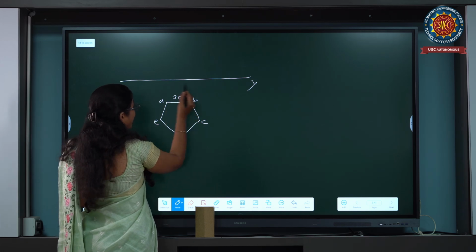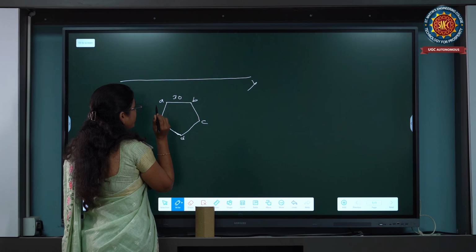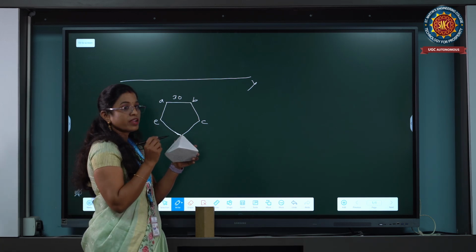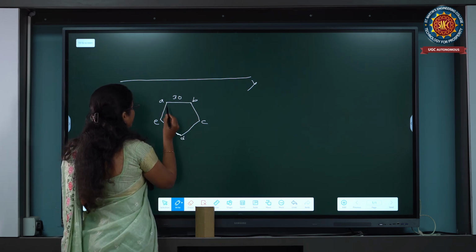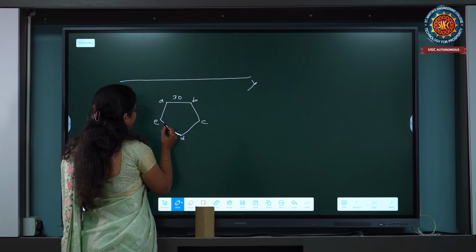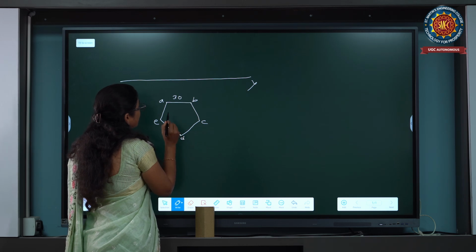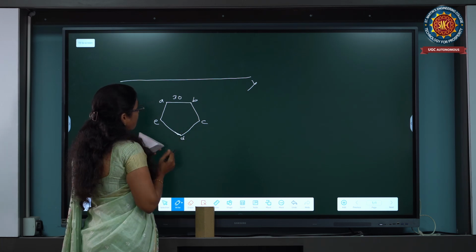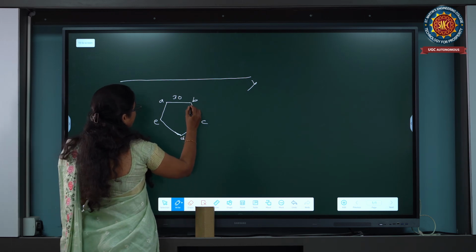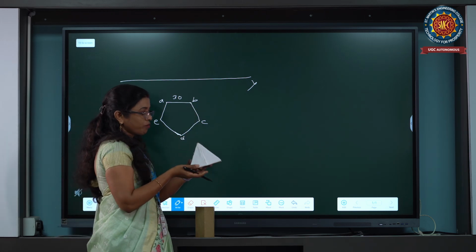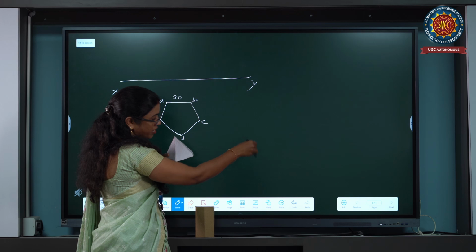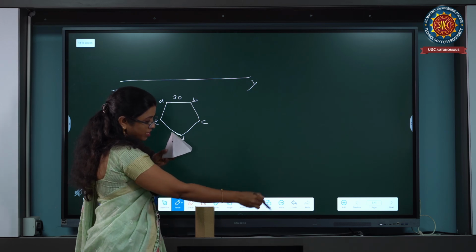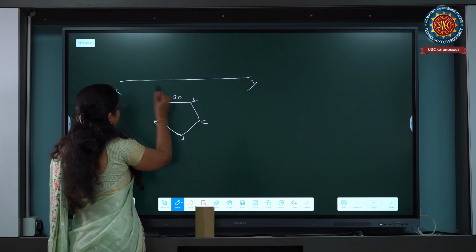First draw a line parallel to the XY line and then set the protractor at 72 degrees, because 360 by 5 equals 72. We need to calculate like that. Set the protractor at point A at 72 and draw a 30 mm line. Here also at B, C and D, set angle 72 and draw the pentagon, and then the top view is represented. This top view is placed below the XY line, in between board and ground, that is the XY line.